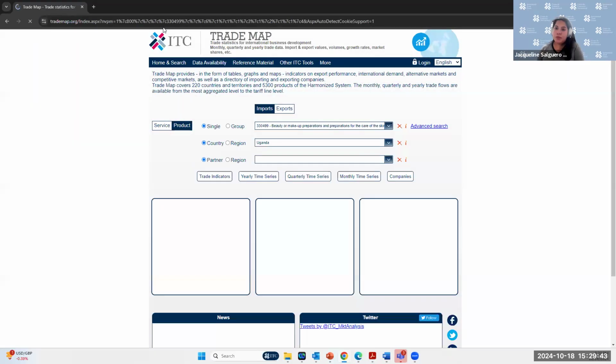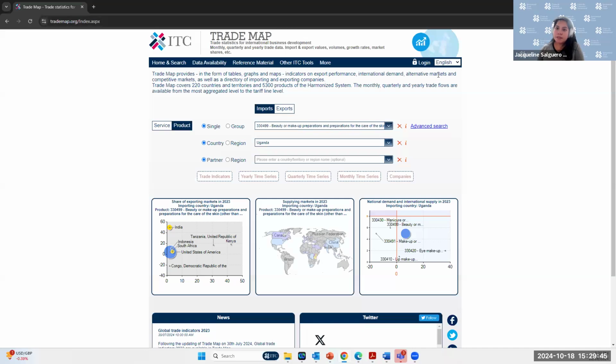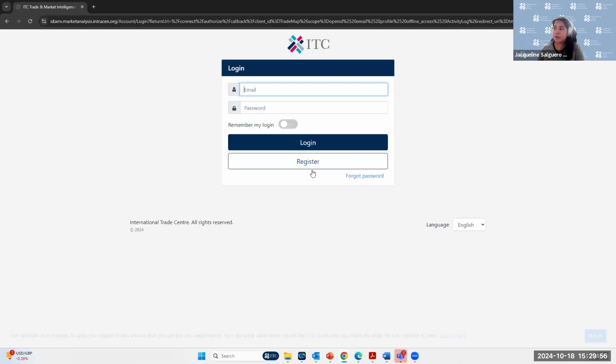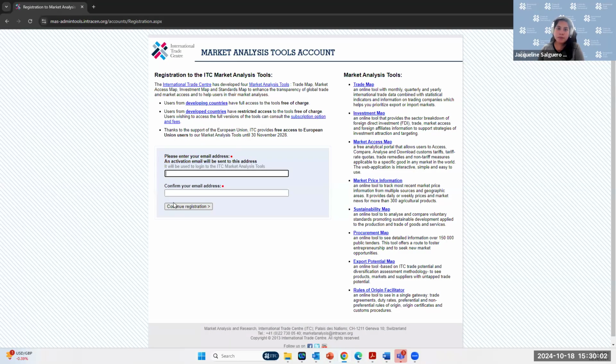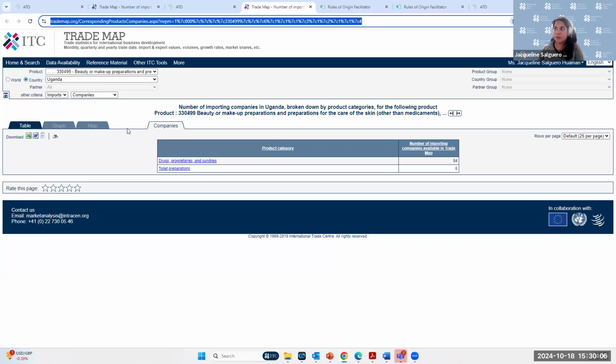It will take you to this page. And you will say, but this is not the same. No, because you need to have a registered account for this tool, for this website. It's not paid. You just need to register, and it doesn't take too long. You just need to log in, register, and fulfill the information that is shown here. That's all. It's just 5 minutes, no more registration, and you will be able to see the information that I'm